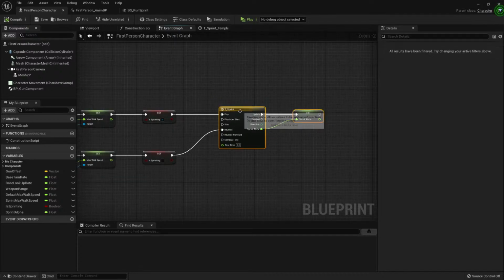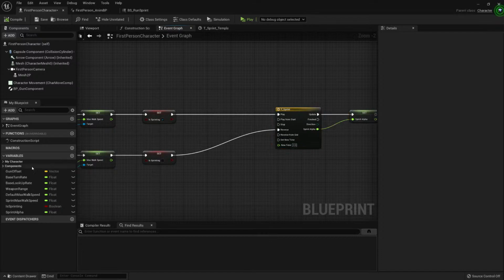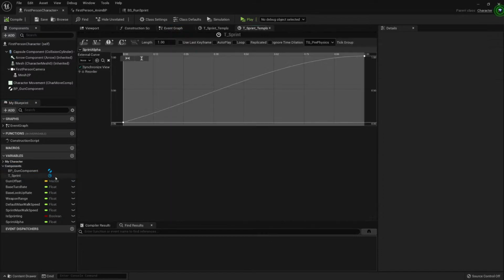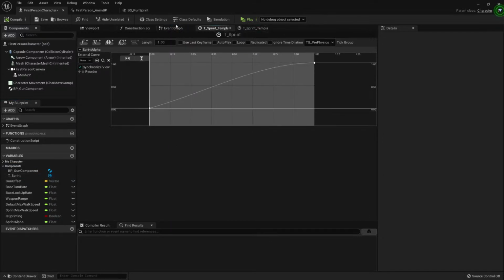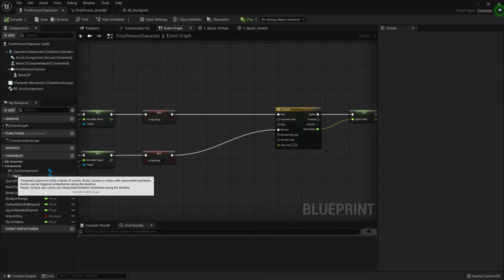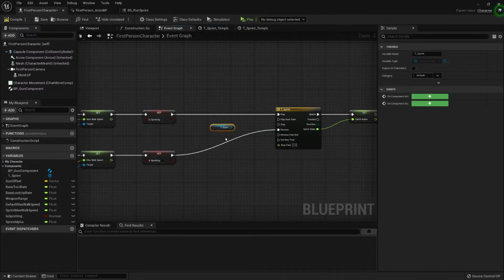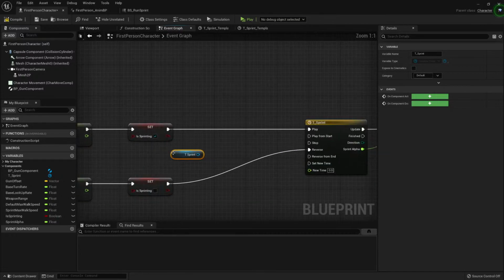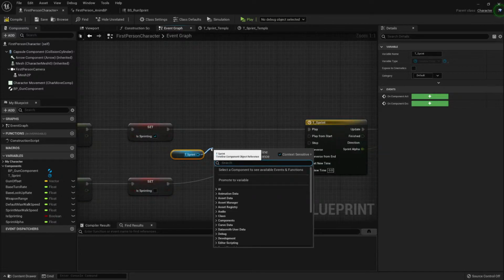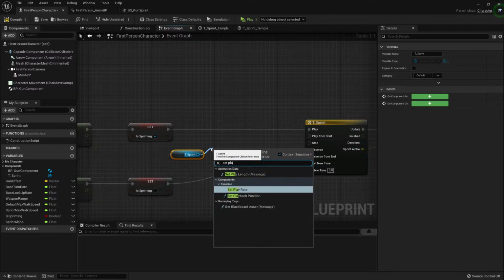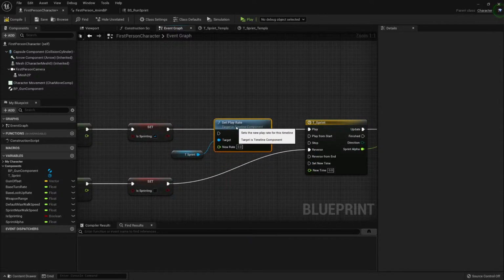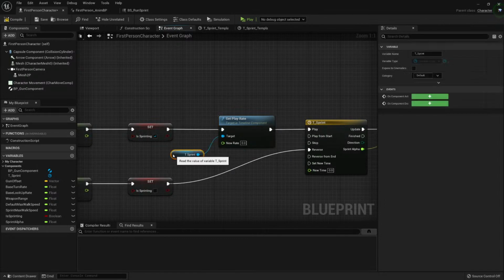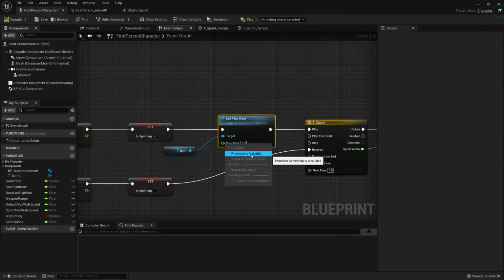So we can modify the play rate. Let's get the component. I double click the component, I'm sorry. Just drag and drop it, get, and at the start sprinting, we can change the play rate. Set play rate. And we can create a variable for this. Right click it, promote to variable,